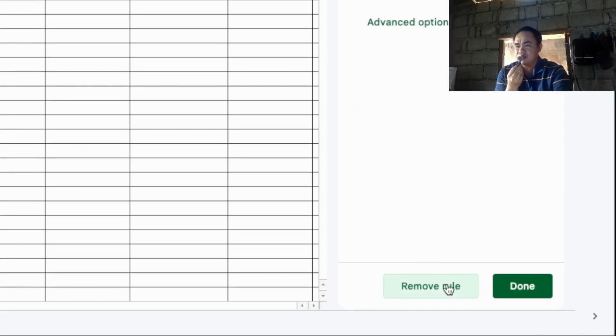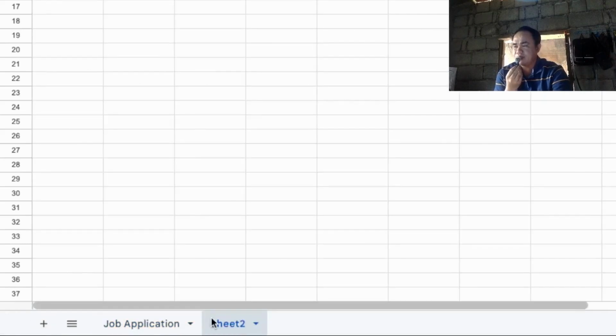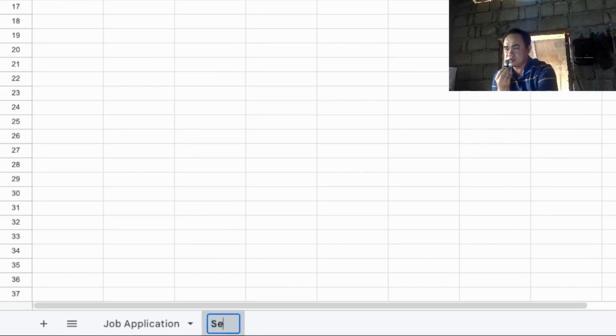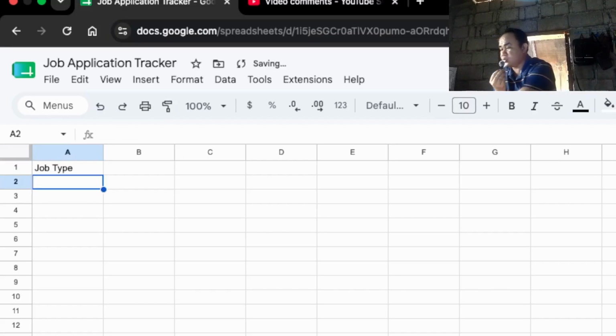So let's remove this, and then we're going to add another sheet and name this settings. Then we're going to put the job type here. Next, we're going to add what those job types are.